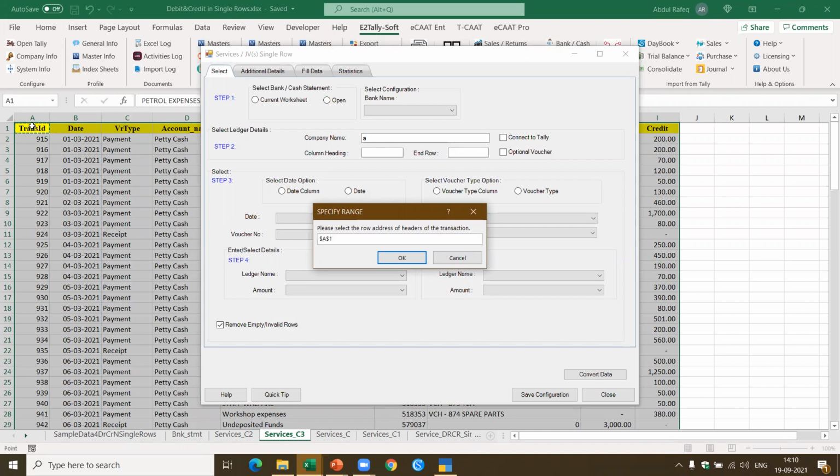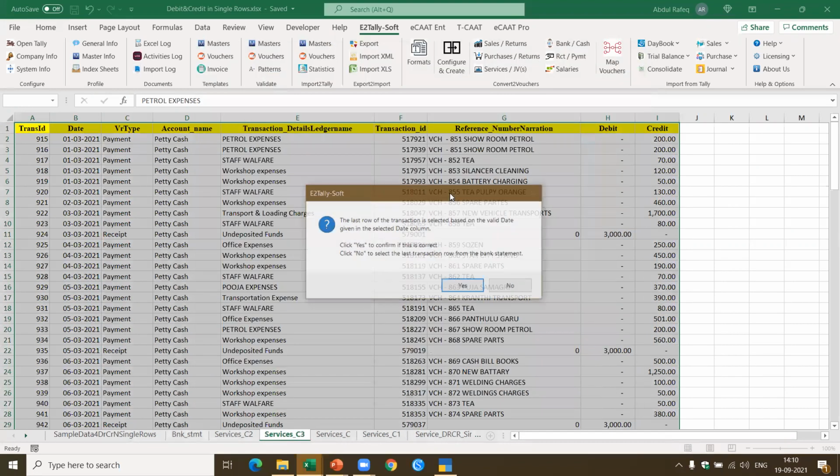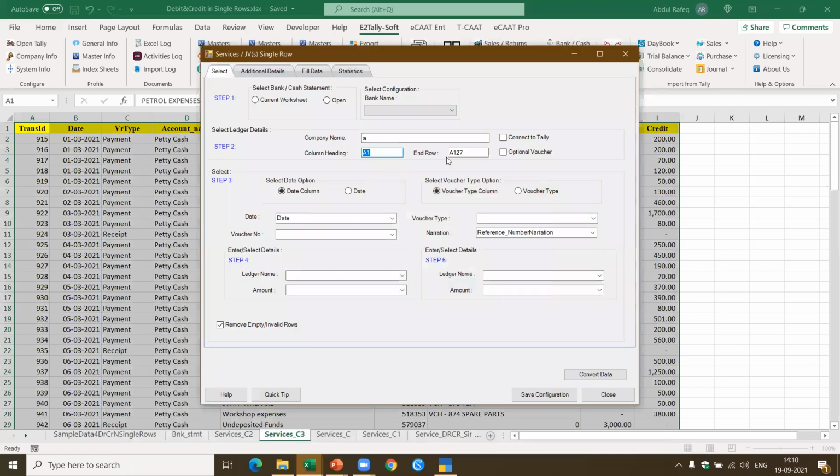Now you see it looks like the same bank type of selection. I've done the selection, so I've used this option. Now I've got the debit and credit. Now what is the next thing I have to select? I give the voucher ID as the transaction ID. I got the voucher type, I give the voucher type. And now the narration is automatically taken. Here I select the ledger name, which is the account name, and here I have the debit. And here I take the ledger name, which is the transaction details ledger name, and this I give the credit.